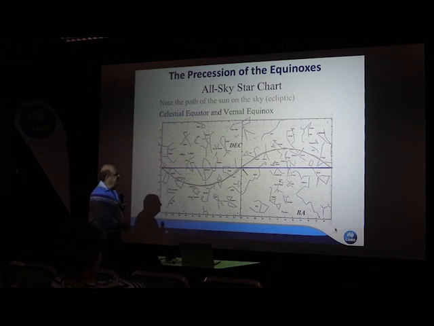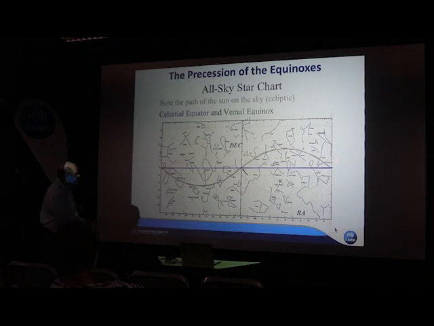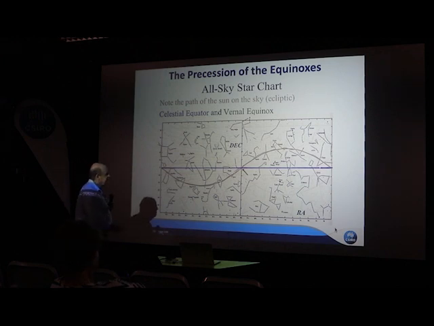One interesting thing here is 2,000 years ago, the vernal equinox was in the constellation of Aries. Okay, so that point was called the first point of Aries on the sky, we're at that point. But it's now been 2,000 years since then, and so it's moved over an entire constellation so that now it's in Pisces. We still call it the first point of Aries though.